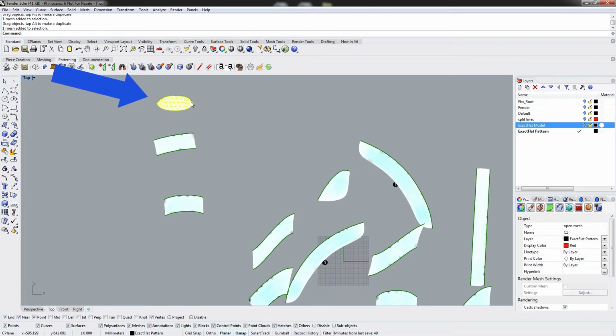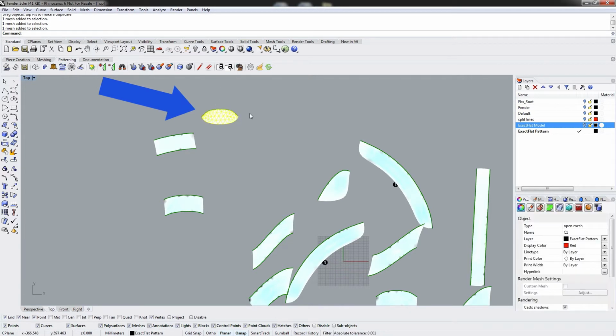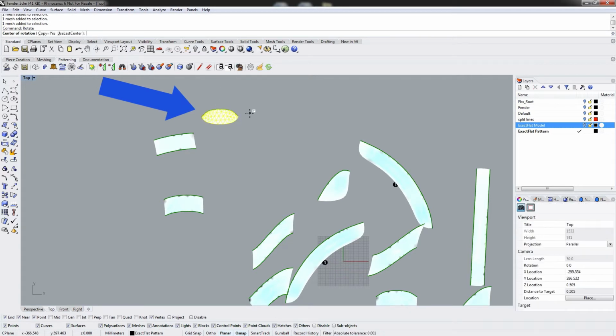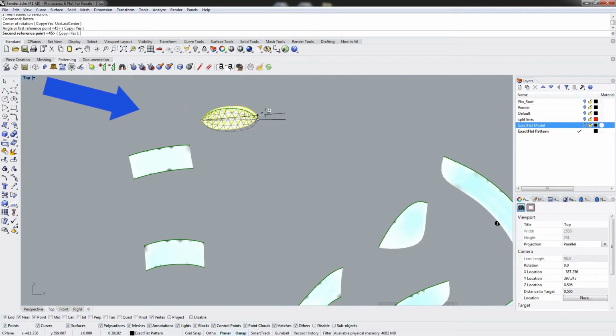So knowing that, we can actually use this, and what we're going to do is rotate this piece because we went top to bottom. We know that piece C2 is going to be placed up here, so we're just going to use the Rhino rotate command, and we're going to choose our center of rotation, which is the end of this cut over here, and we'll pick this vertex over here to act as our first reference point, and we're just going to flip it around. I'm going to hold shift over here so our second reference point is perfectly horizontal with our center